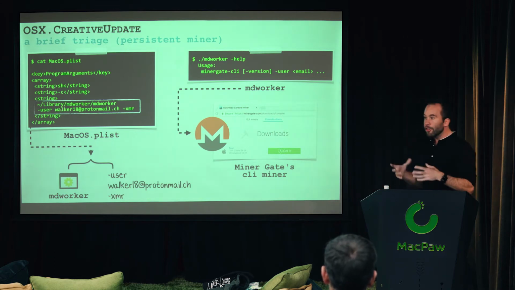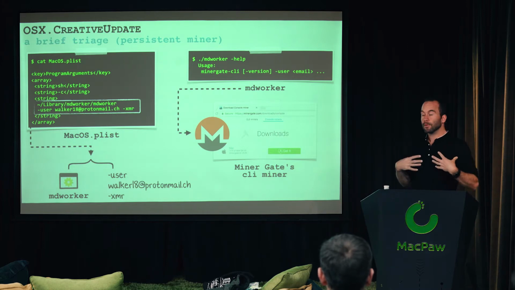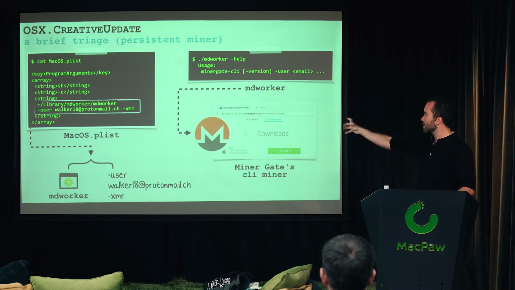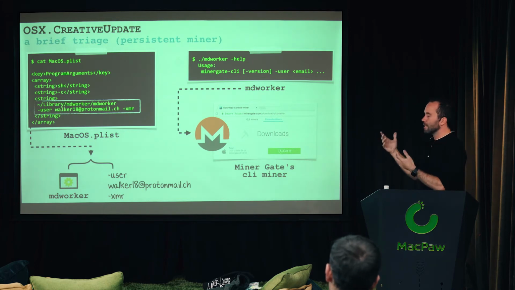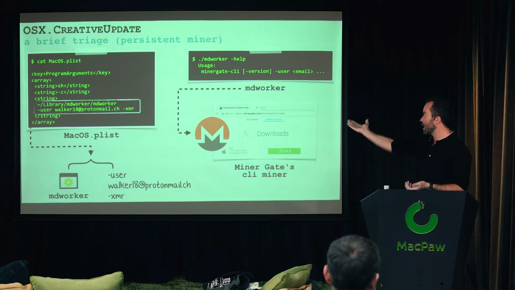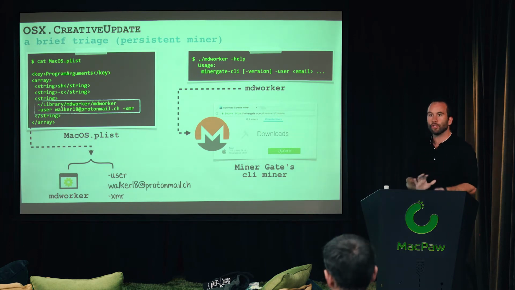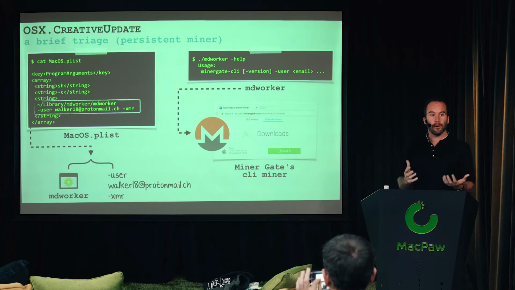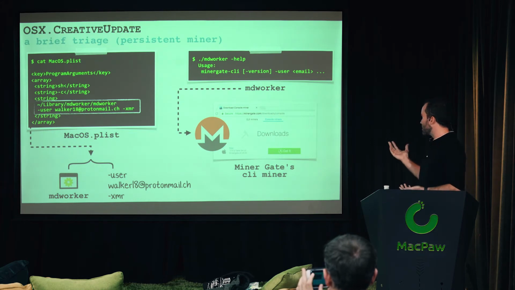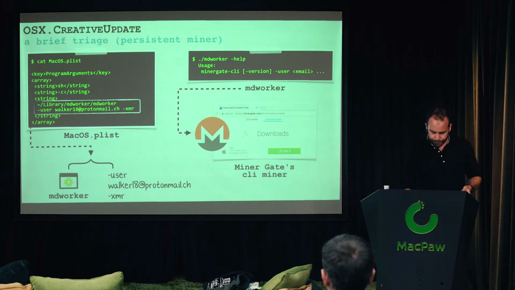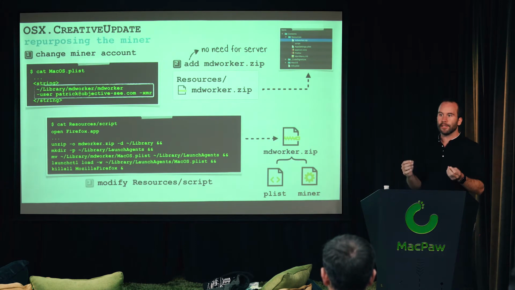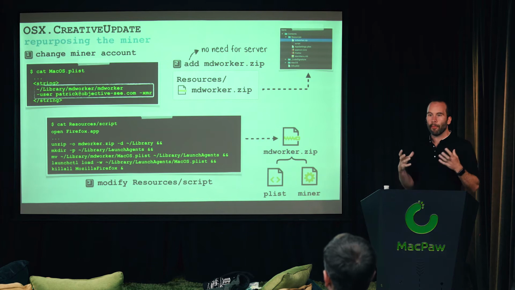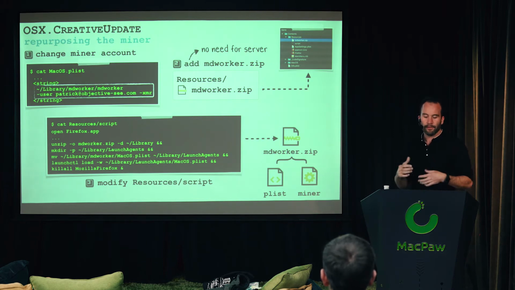The good thing for us, if we want to repurpose this, is that the address of the cryptocurrency mining, or rather the user, is passed in directly via the command line. So we can see the -user and then the account where the cryptocurrency mining result should go to, and also the type of the cryptocurrency. In this case, it's XMR, or Monero. So similar to Fruitfly, since the relevant configuration parameters are passed via the command line, it makes it very easy